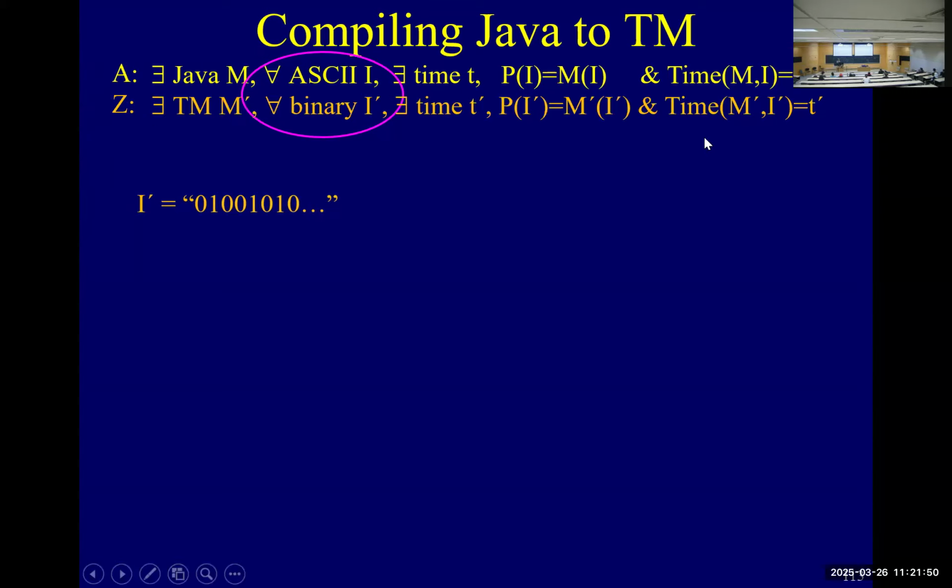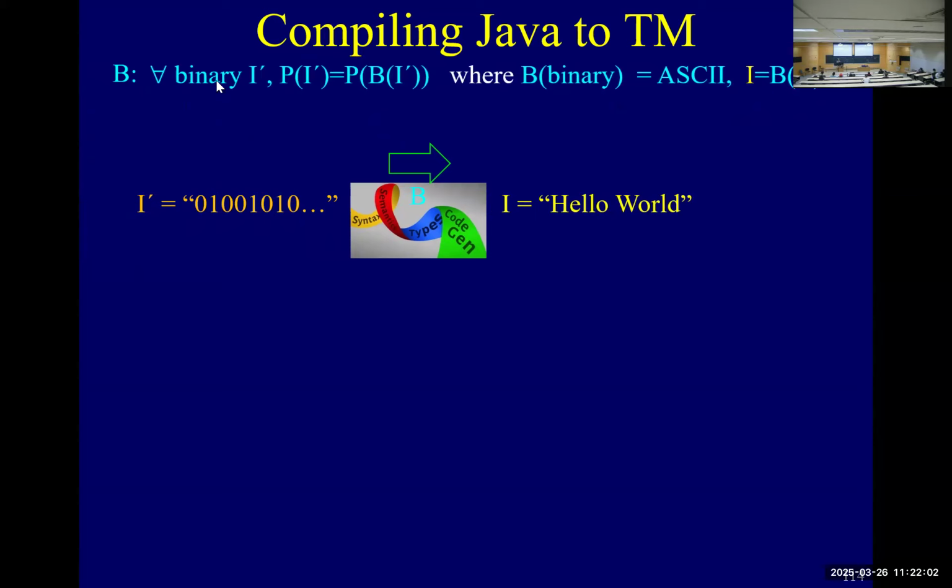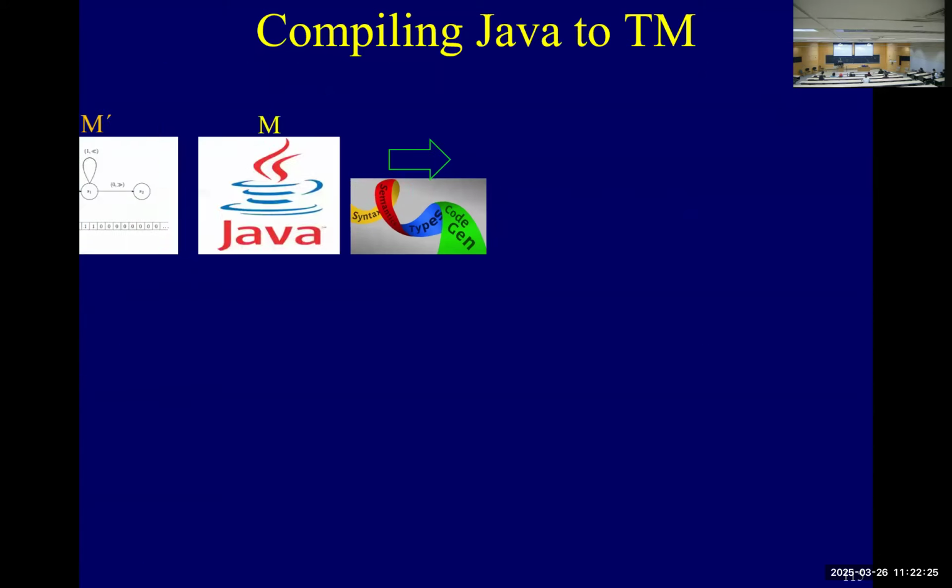This is back to a Turing machine, right? All right, so now, this is just our converter. We're going to convert our guy. What does this guy say? It says, for all, it's an oracle. You give her a string in binary, and she will convert it over to a string in ASCII and assure you that the answer for the problem is the same. Not that useful. I mean, useful, but